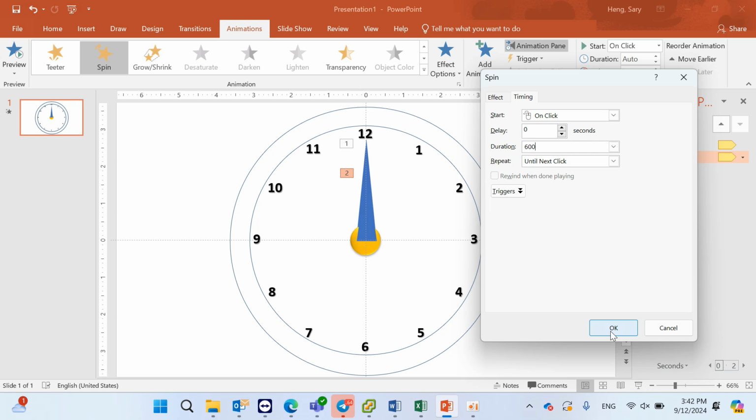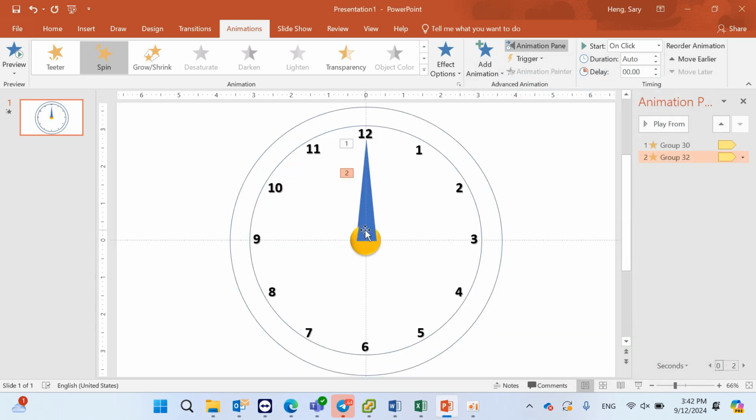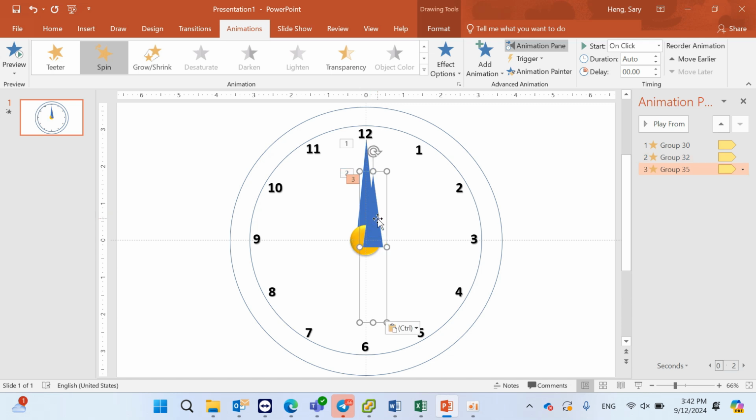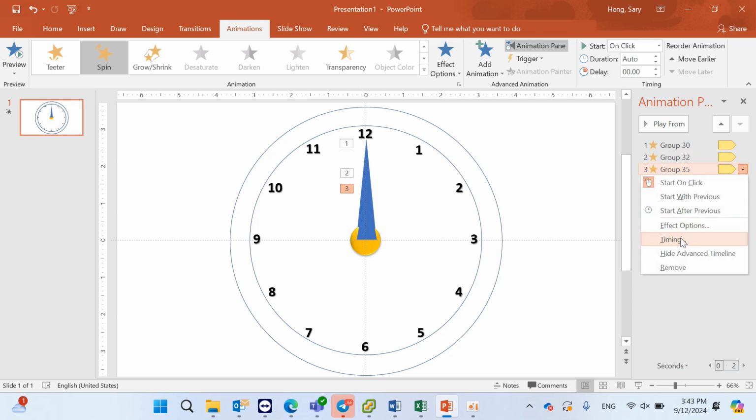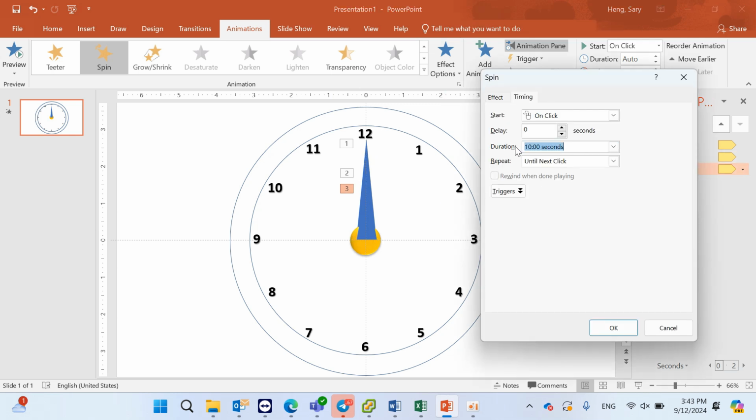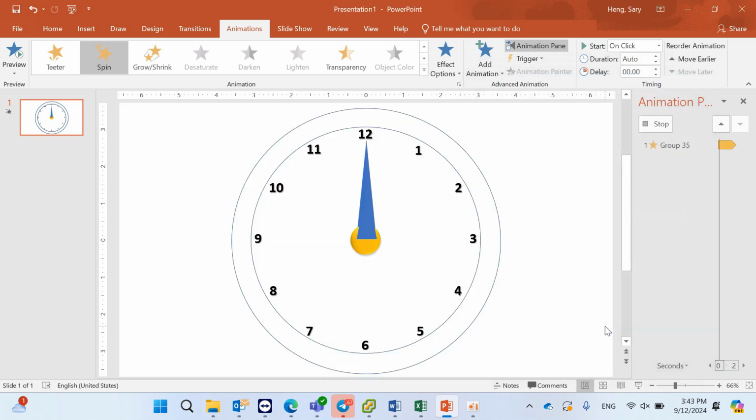600, it means 10 minutes, I right click, I send it to back, and Ctrl C and Ctrl V, I need one more, it is the hour, just smaller because it is the hour, and I set it in the middle too, and for the animation, it comes from what we copied, yes, and right click I set it to the timing, I set it to the same, yes, 10 minutes, so 600 seconds, okay,